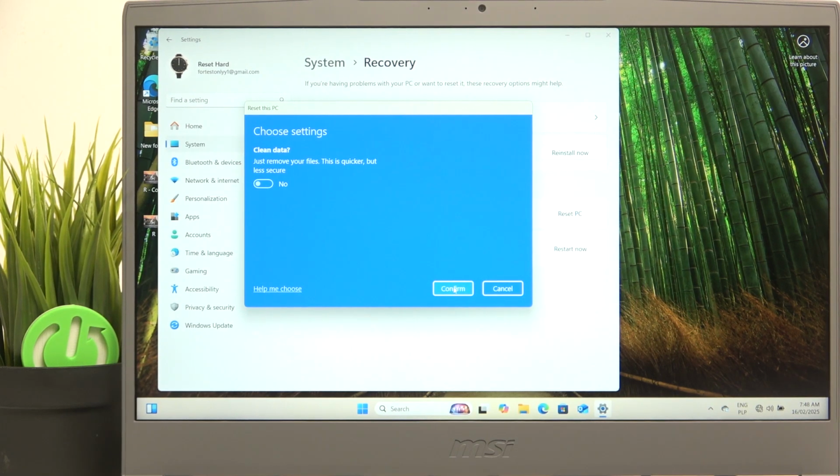I'm gonna select no because I want to make it quicker, and also I'm not selling it now, so now I'm just gonna click on next. By the way, I don't have internet connection, so I wasn't asked that question. But if you do have internet connection, then you'll be asked whether you want to